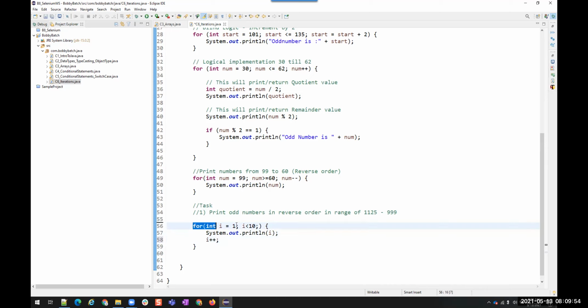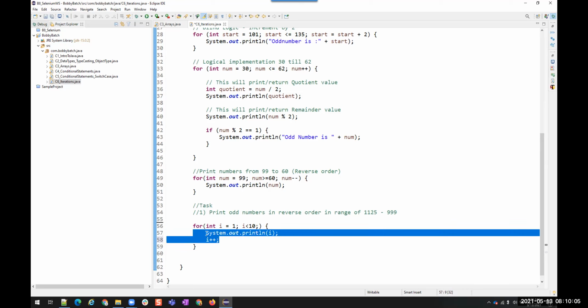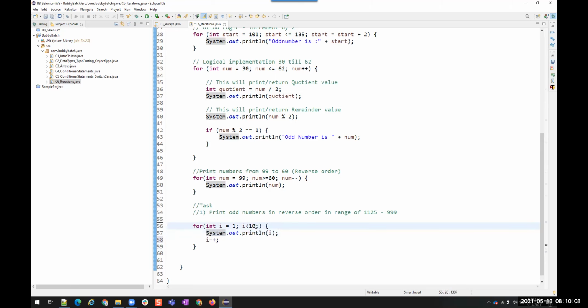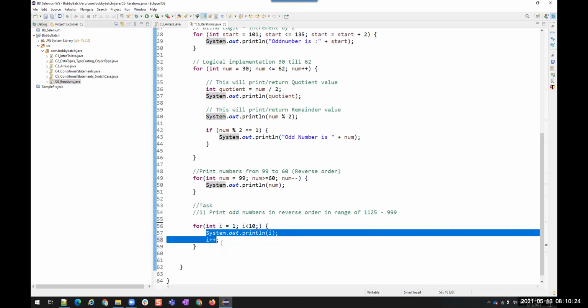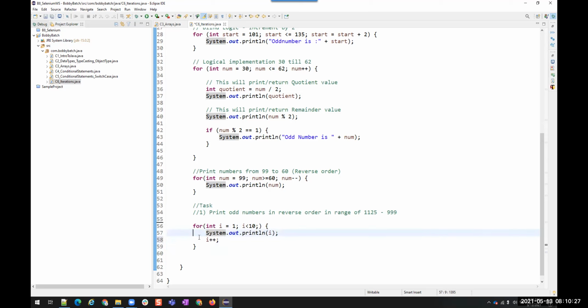Understood? So if you are not writing it here, the for loop is assuming that this guy is performing the increment or decrement operation inside the loop. Until it comes here, it doesn't know that there is no incremental operation. But after coming here, it cannot go back, right? Java is a top-down language, top-down execution. It will go from top to bottom, but it cannot go from bottom to top again. So here it will think that this guy is implementing increment or decrement operation inside the block. It entered into the block and there is no increment or decrement. It cannot go back, or assign increment or decrement on its own.